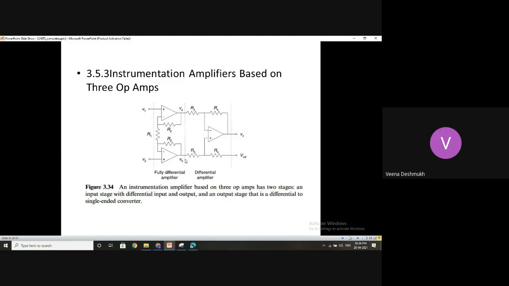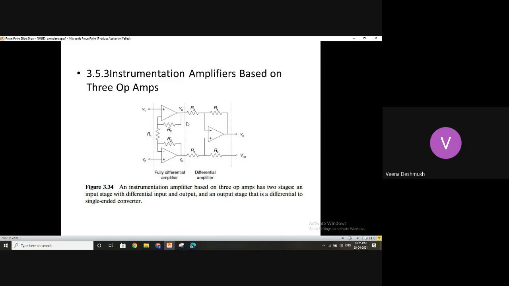Similarly, at VB also, V1 is connected here through this resistor, and R2 and R2 are the gains for both the op amps. So VB is simultaneously getting V1 and V2, and VA is also the output due to V1 and V2. Only thing here, V1 is directly connected to the non-inverting terminal. So the gain here of this V1 is 1 plus R2 by R1 into V1. And here it is coming from the inverting terminal, so minus R2 by R1 into V2.